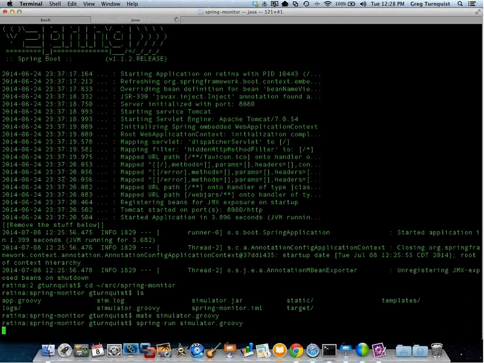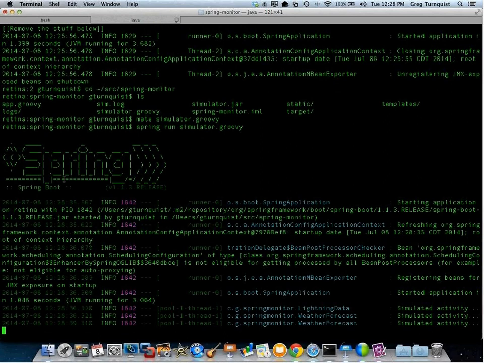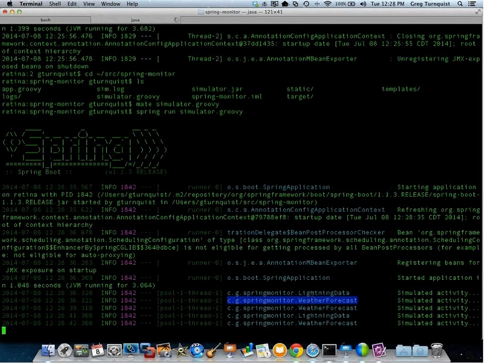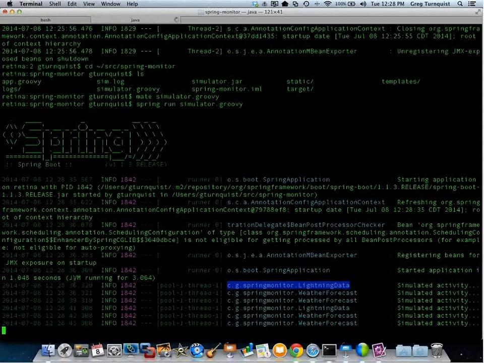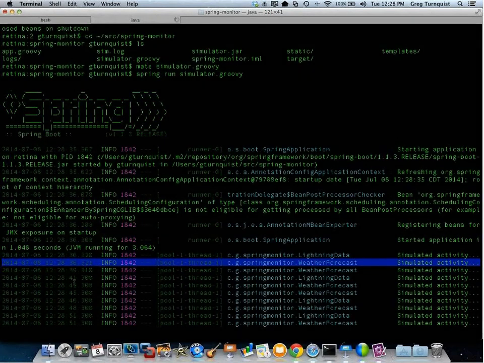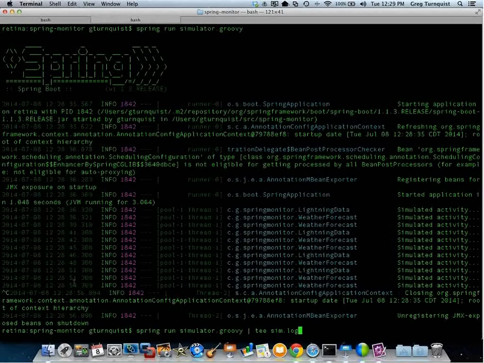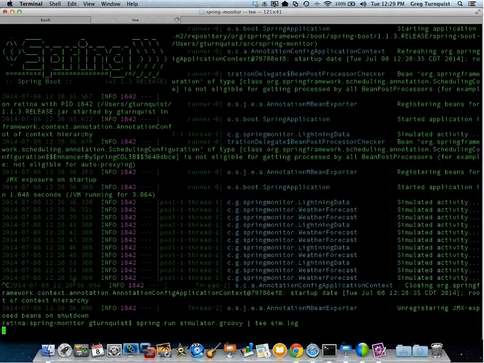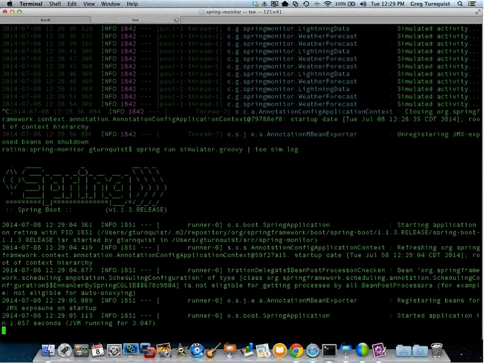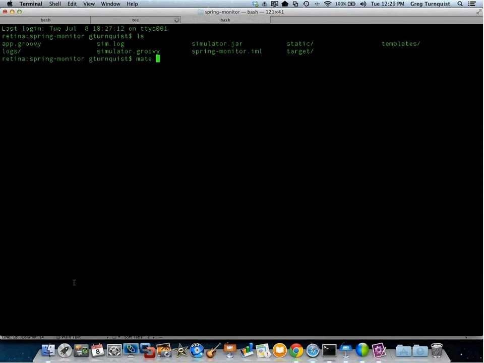Now, if I run my app here, what it's going to start doing over on the right-hand side of the screen is printing out lightning data and weather forecast, and it's logging its traffic, and it also has a timestamp on the left-hand side. What I'm interested in is being able to grab the timestamp and compare it to now to see if the data's gone out of date. However, I need to do one extra step, and that's that I want to drop it into a log file. So in this case, it's going to print it to the console, and it's going to generate a log file for me to process. So I'm going to let that run in the background,